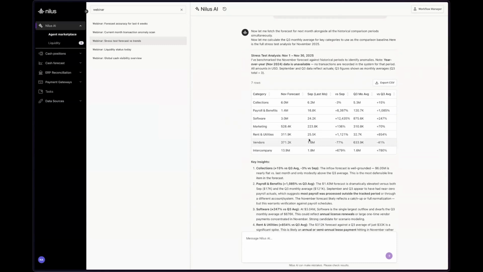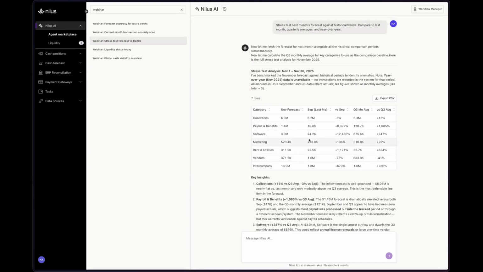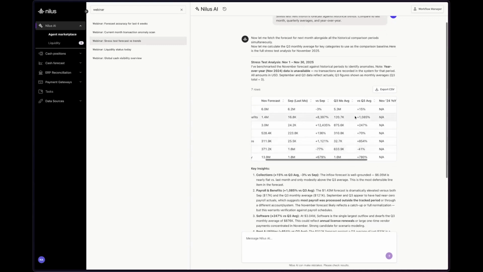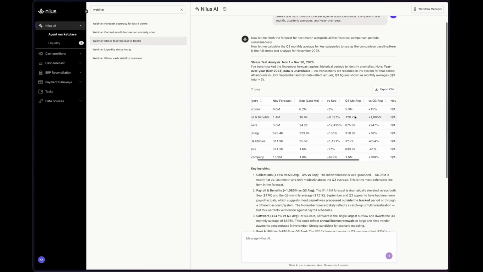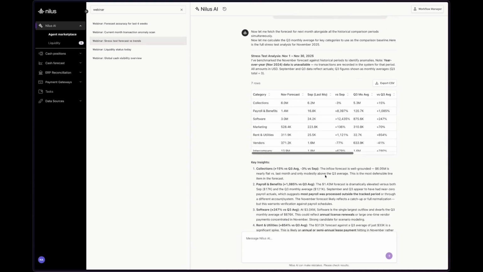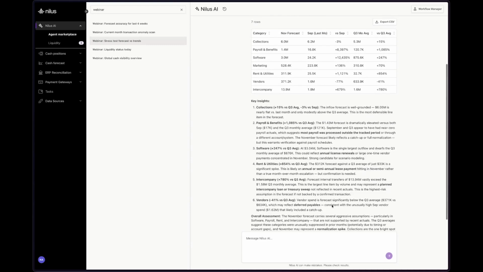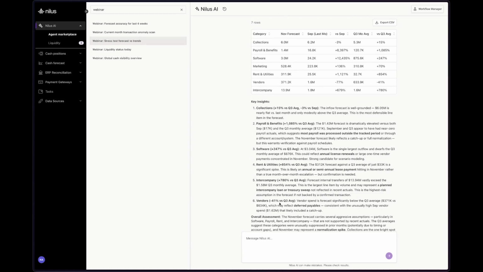So what you can see here is that the agent automatically goes over all the data and tries to figure out, okay, what's the last month average? What's the quarter average that you usually have? How does it compare to other metrics we have in the system? And it gives you some insight about the initial places we should look into. So you can see here collection is usually within the range for these specific ones. But for example, vendors are actually very